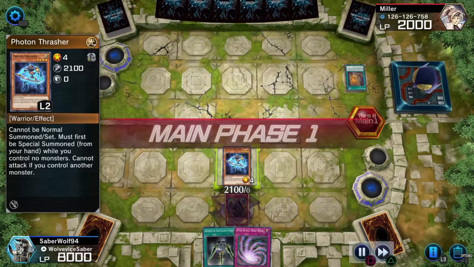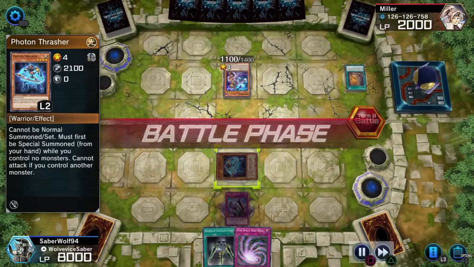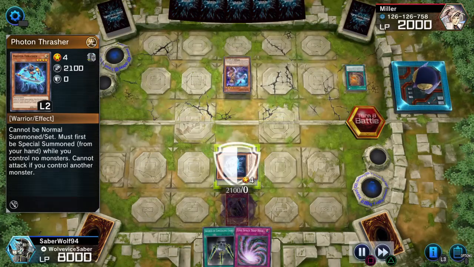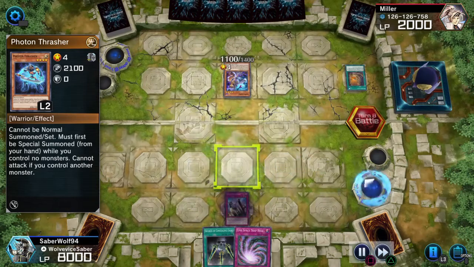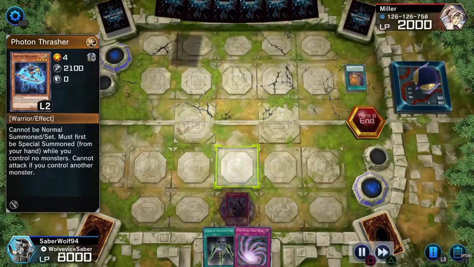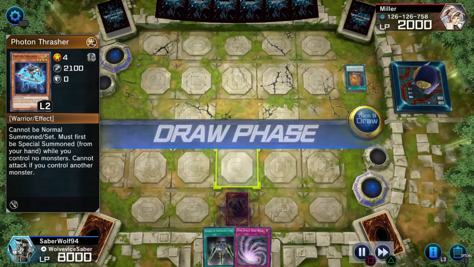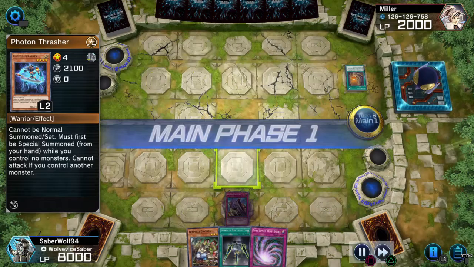Now, I almost killed this dude, and he keeps summoning Tsukuyomi and killing my monsters, and it goes back in hand, of course. It kind of works out for him a little bit. He has more card advantage than me, but he's not really doing much. And with